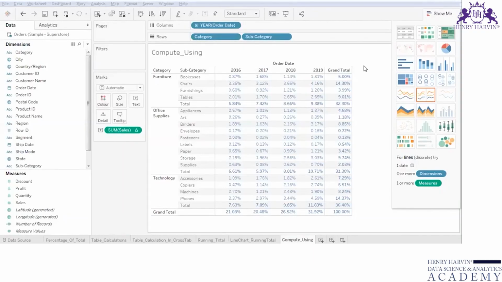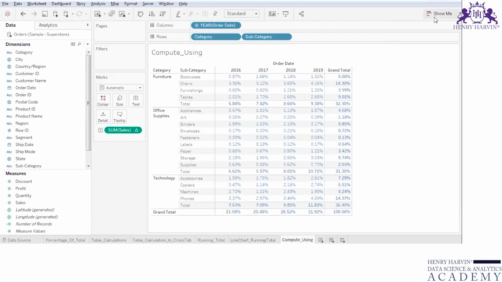Hi all, in this video we will discuss how to use compute using functionality for table calculations. So basically in the advanced level of table calculations you see this compute using functionality. Right now over here you see I have plotted the relationship between subcategory and category of products with the sales